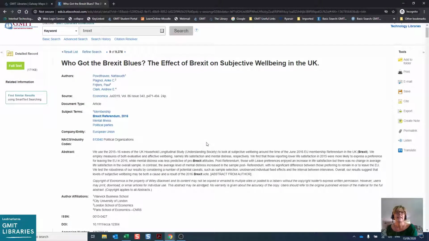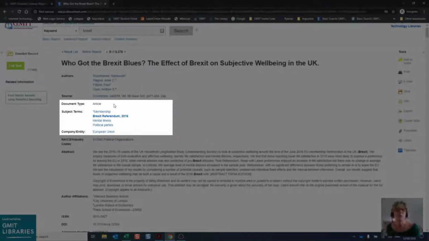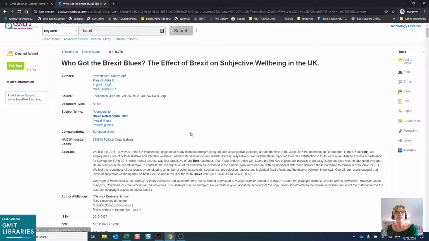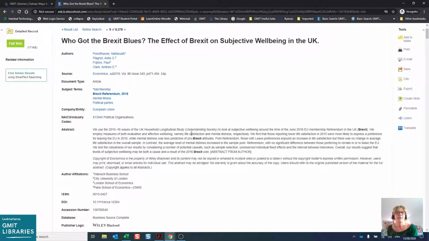You will also see the database has applied subject terms, and these would be from the controlled vocabulary, which will enable easy search and retrieval. The next item is the abstract, and this is very useful for you if you're trying to see if this will be of use to your research. Note how your search term Brexit is emboldened in the abstract, so immediately you can see the context in which it is used. To view the full text of the article, click on the green button over on the left-hand side,